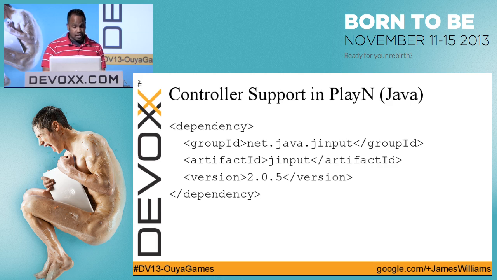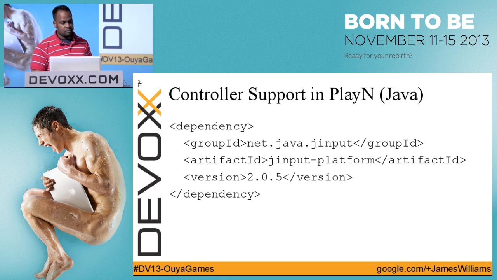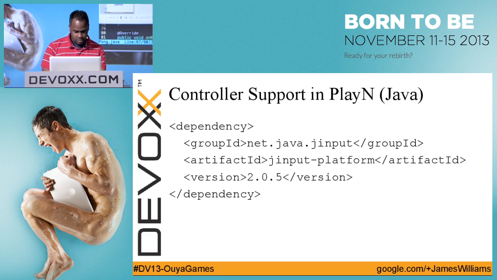So to add the controller support, you would go to the pom.xml file for your Java package and insert these two dependencies for JInput and then for the platform-specific stuff to give you the native libraries for Mac and for Windows and all that type of stuff. So if we go and look at that,